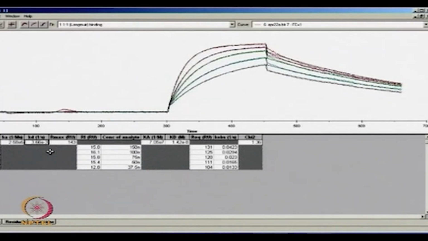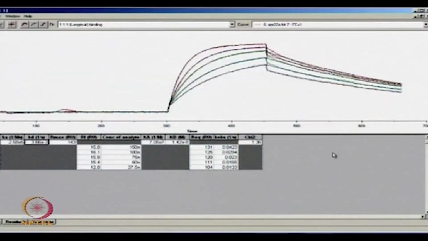All you need to do is take a ligand, immobilize it on a chip, run about 5 different concentrations of your analyte over the chip. If you look at the x-axis carefully, it's 0 to 600. That means each of these runs, the entire run, was 10 minutes, and you ran 5 samples, so 5 into 10 minutes, 50 minutes. With the time taken in between the runs, about another 10 to 20 minutes, about 1 hour 10 minutes, 1 hour 20 minutes, you have the results, and you have already characterized them because you have the K on and